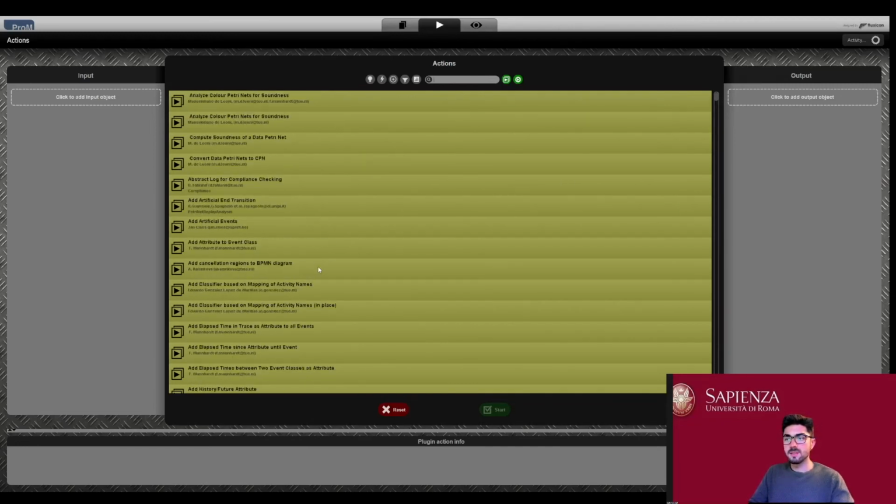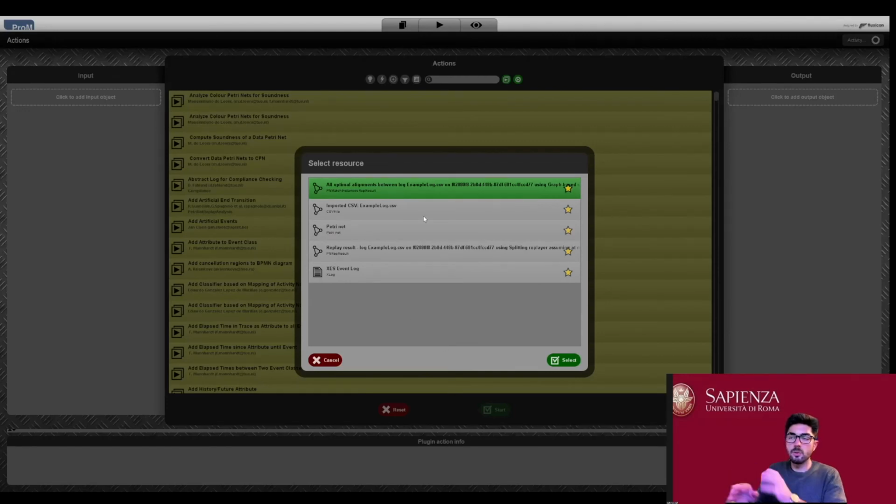Consider that this is a fresh installation of PROM that I'm using, so I have not added any customized plugin. This is everything which comes when you download the software. And here on the left we can add an object,